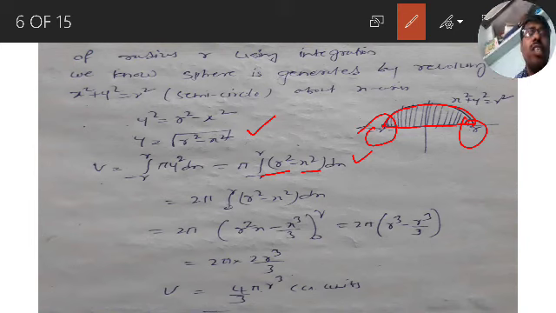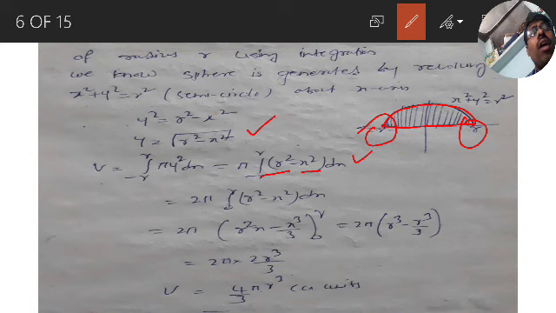What I am using is integration minus a to a f of x dx, where f of x is an even function. When f of x is an even function, that can be written as 2 times integration 0 to a f of x dx. So minus r to r can be written as 0 to r, but 2 times. So 2 times integration 0 to r of r square minus x square dx.